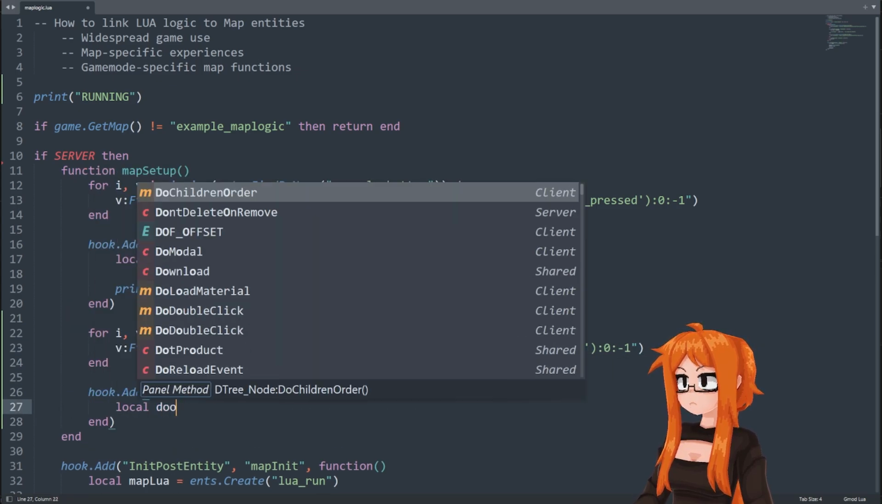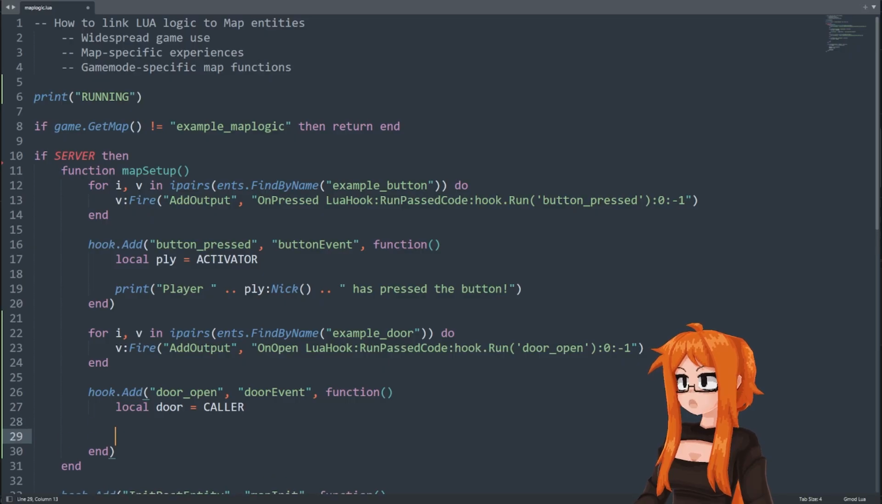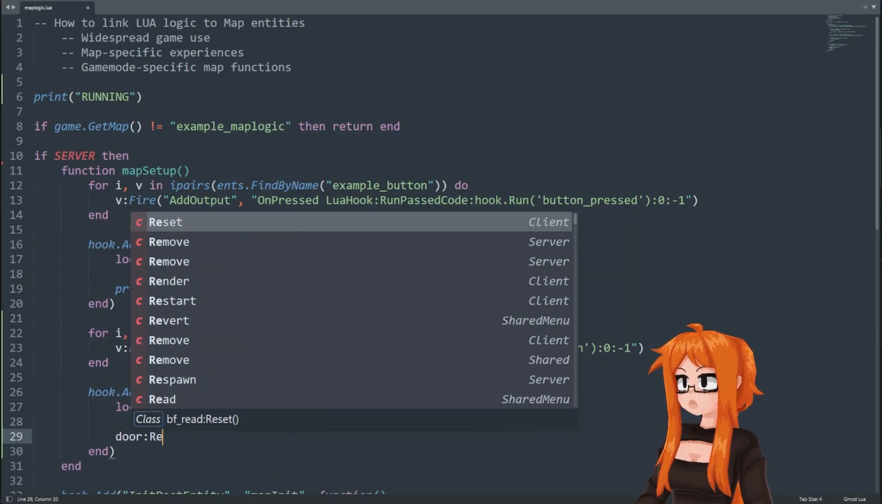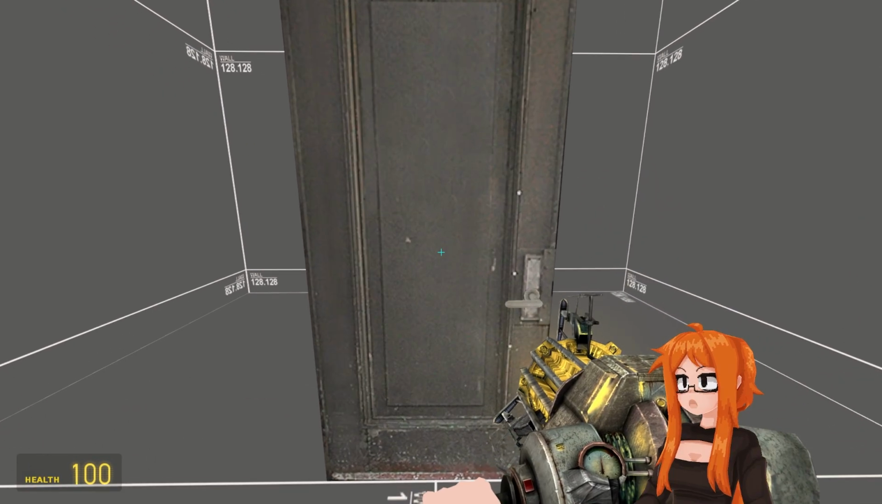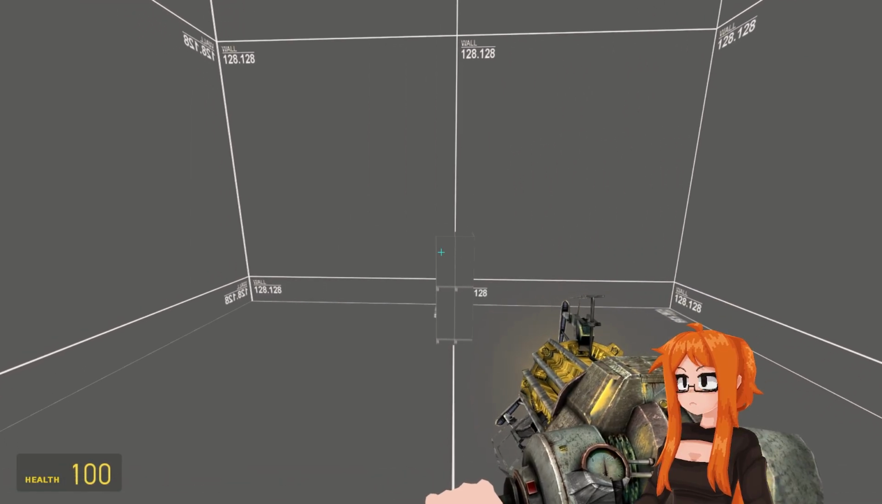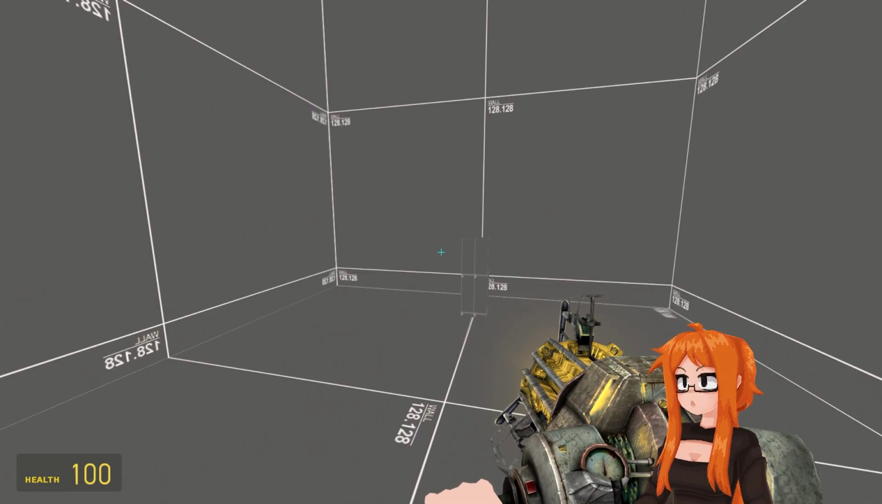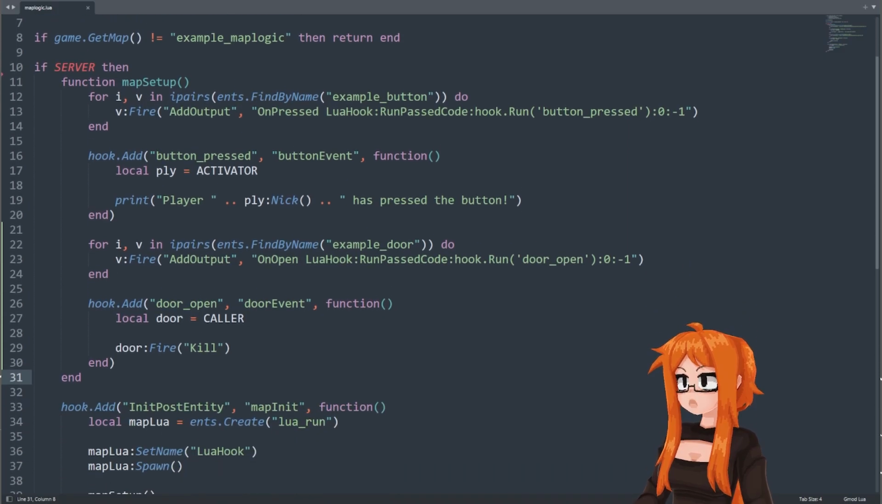Now we're going to do local door is caller. So here is referencing the entity itself. So we can do door fire kill. And we push E on the door. It removes itself. You have to remember, in some situations, it is more efficient to create a custom kind of